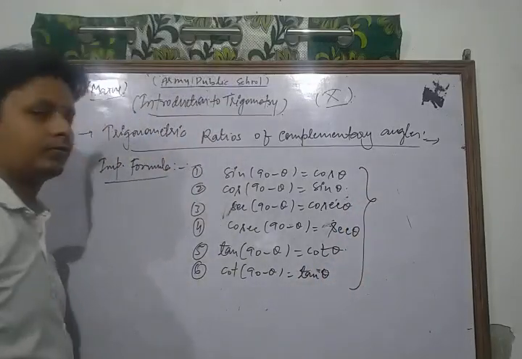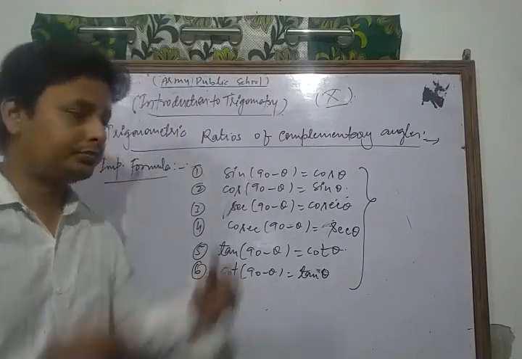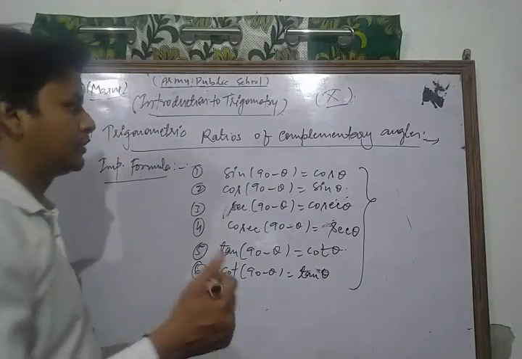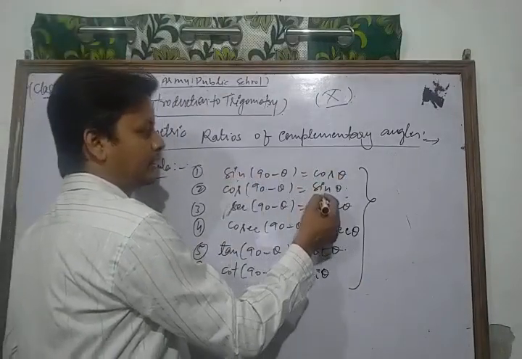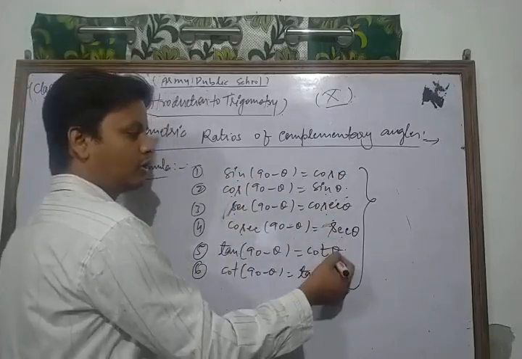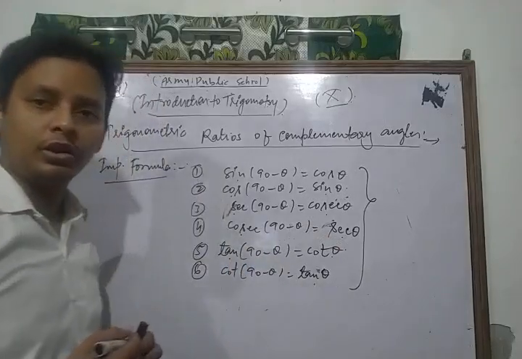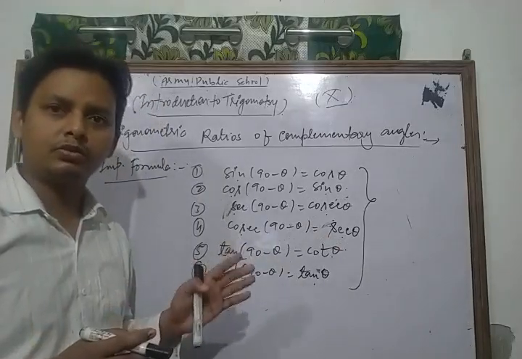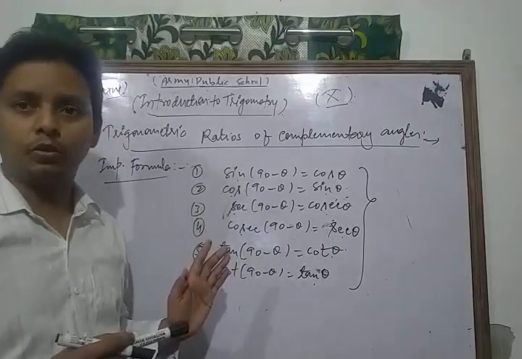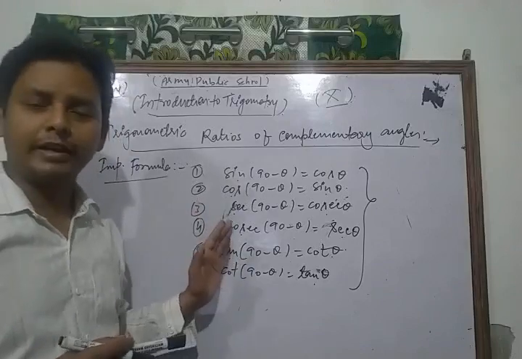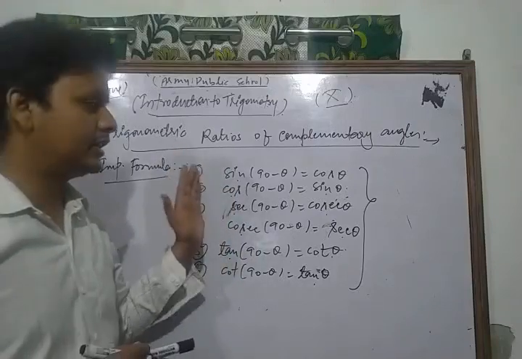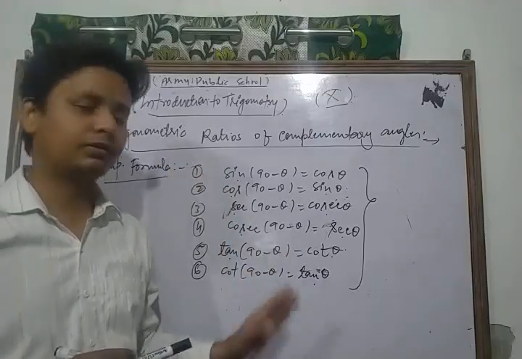So these are six very important formulas related to the topic trigonometric ratios of complementary angles. So in this way we can say that cos is the complementary of sin, sin is the complementary of cos, cosec is the complementary of sec, sec is the complementary of cosec, cot is the complementary of tan, and tan is the complementary of cot. So this is a very easy formula. So please just learn all these formulas. Then after that you can solve each and every question based on these topics. Okay, so these are very useful and important formulas related to your topic, introduction to trigonometry. So please first of all learn all these formulas.